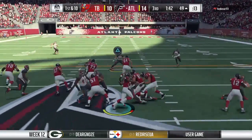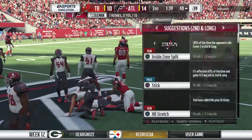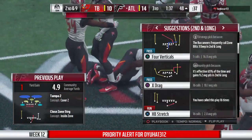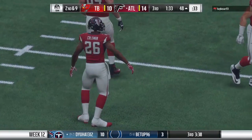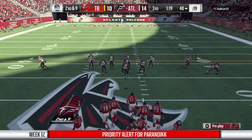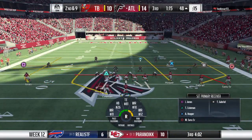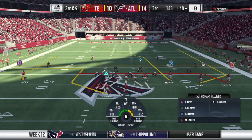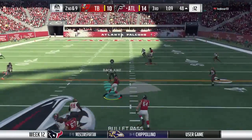They will run again with Coleman. And he'll get this into enemy territory, but not by much, as he's down to the 48. Just a yard on the pickup there, and it'll bring up a 2nd and 9. Sometimes with the running game, you've just got to stick with it. Look, it's the third quarter, no time to panic. But that also doesn't mean you just do it the same way you've been doing it the entire ball game. Maybe change up some blocking assignments or run a few different plays, but stay with the overall essence of the